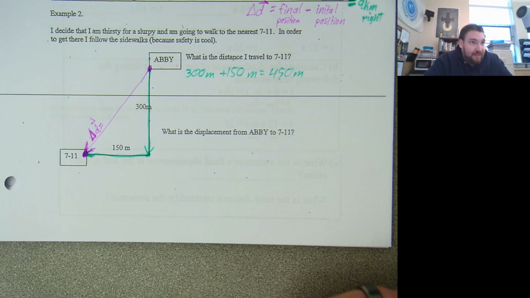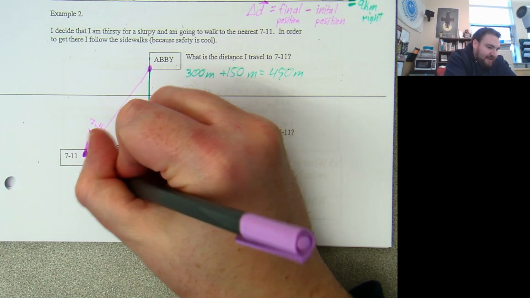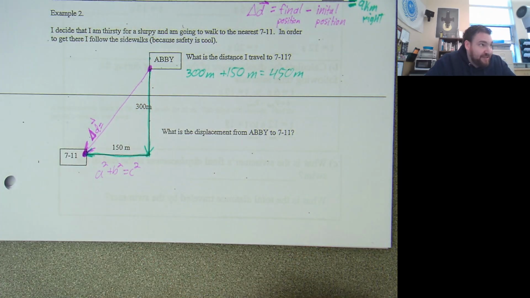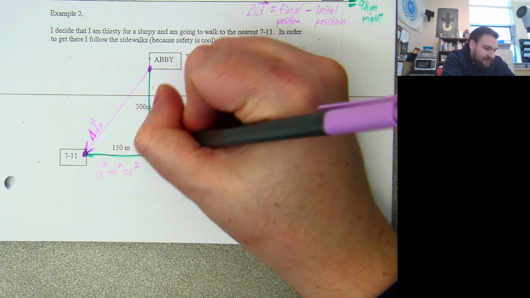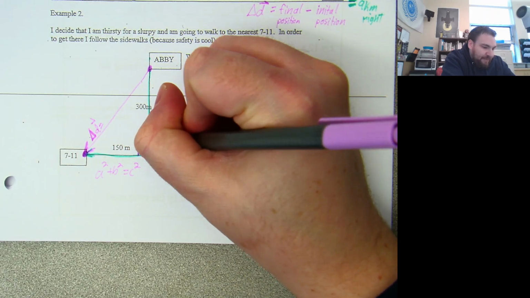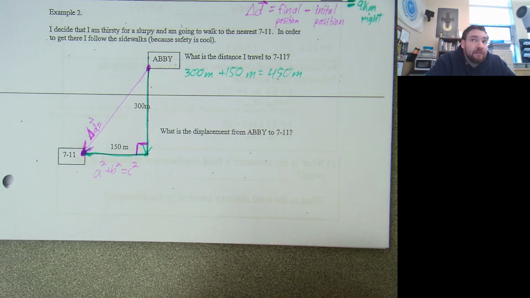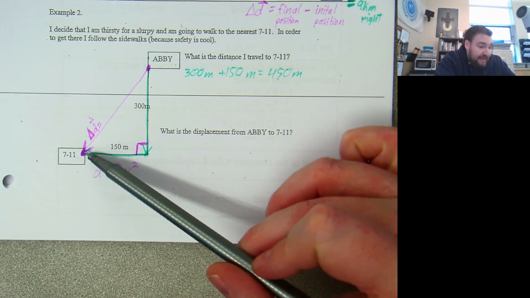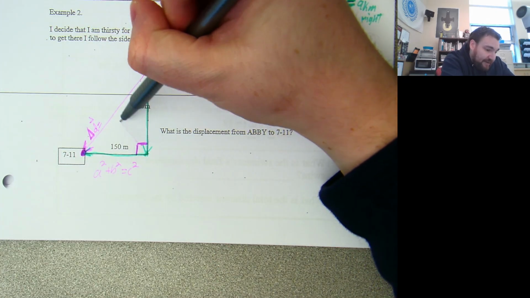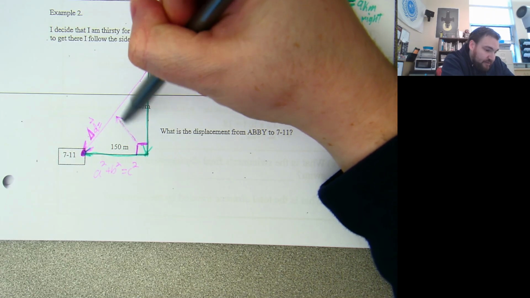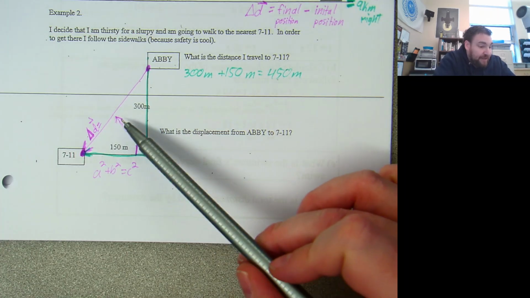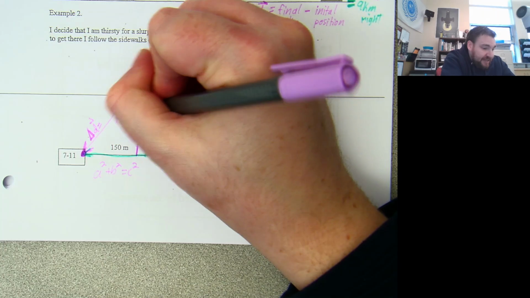The Pythagorean theorem. A squared plus B squared equals C squared. And this is why I made the question as straight lines as I could, because I can't assume that we have anything beyond that. That's a right triangle. So I want to find the length of this line, which is the hypotenuse. So in the Pythagorean theorem, this is side C.